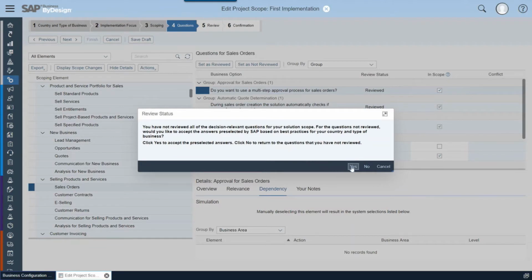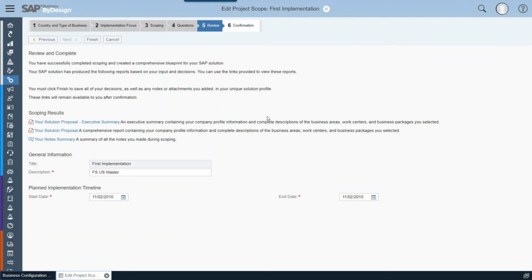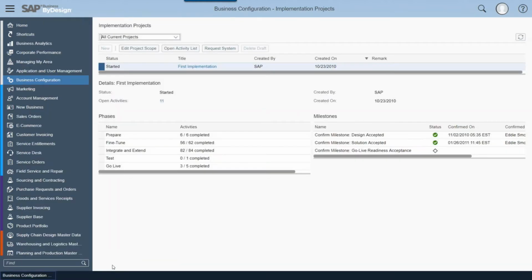Yes, I do want to use the pre-selected answers. And the last step, I could review my implementation in the solution proposal here, and if I'm okay with the current status of the solution proposal, which I am, I can click Finish. After we have activated the functionality, the approval process for sales orders,